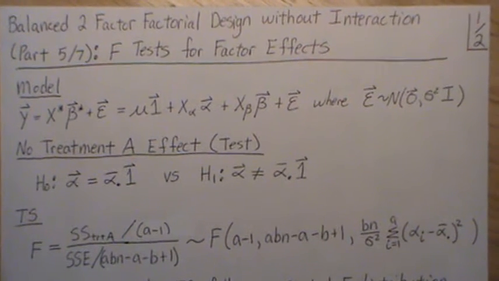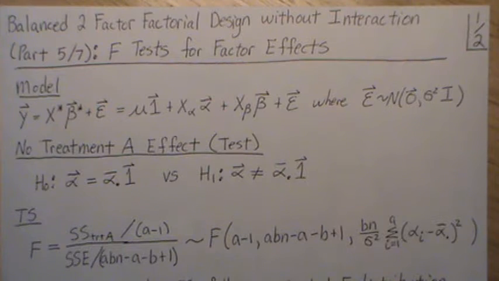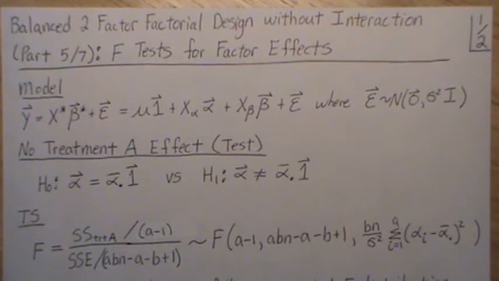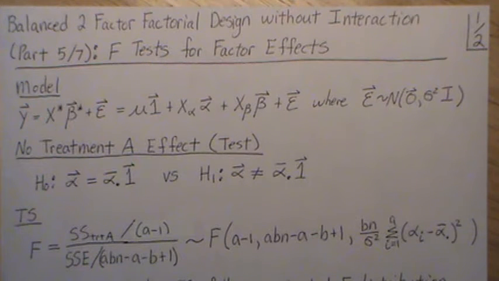Hello, this is the next video in a playlist that I'm calling General Linear Models Design of Experiments. And this is part 5 of a 7-part mini-series within that larger playlist. Here we're looking at balanced two-factor factorial design without interaction, and we're going to look at the F-test for factor